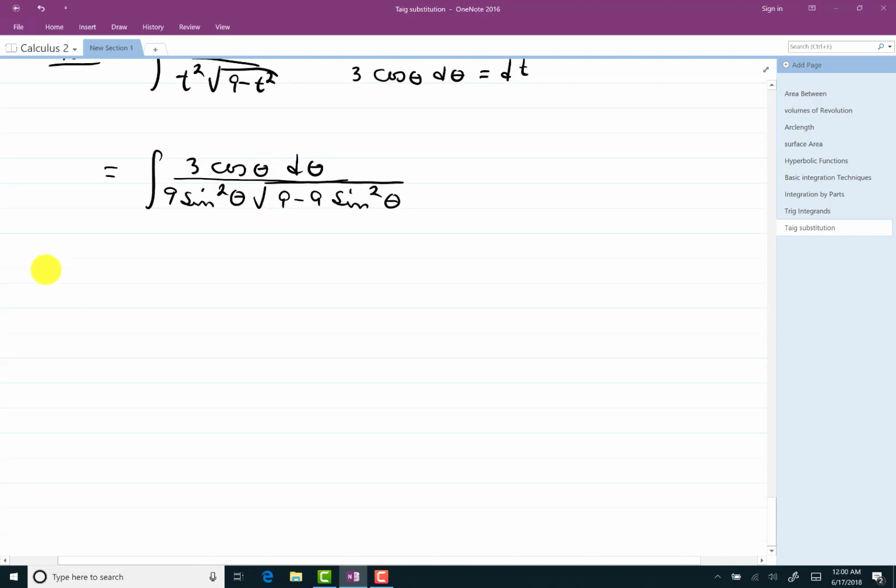Alright, there is going to be a ton of simplifying that goes on here. Let's see. One thing I can do, I can divide out the 3 into this 9. So I have a 3 so far. But don't forget, when I pull this 9 out of here, I'll get another 3. So it looks to me like I'm going to have 1/9. We've got cosine of theta. I'll put the d theta at the end. It's in my way right now. Sine squared theta times 1 minus sine squared theta